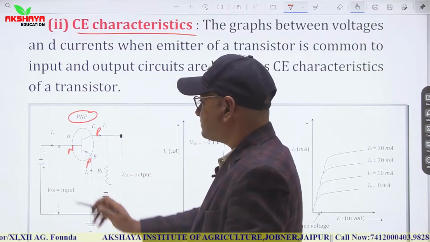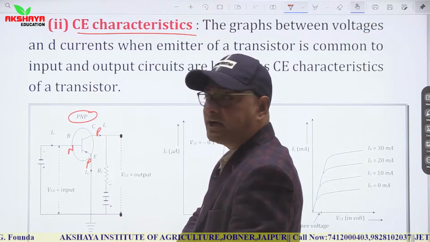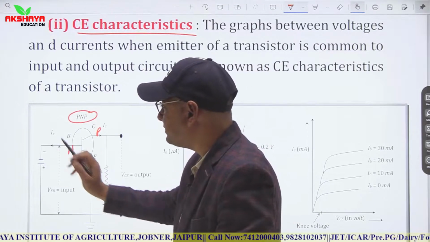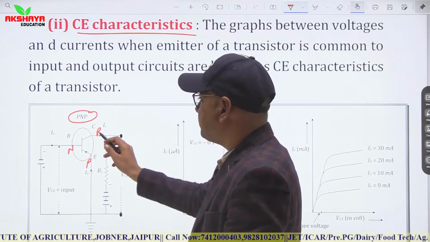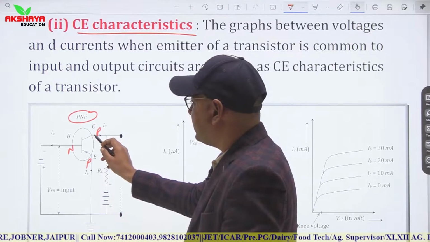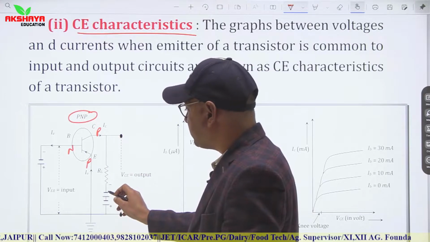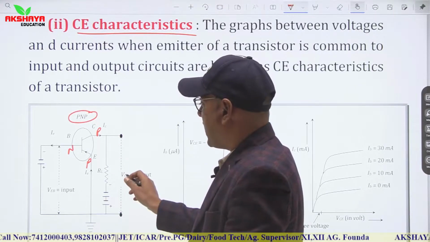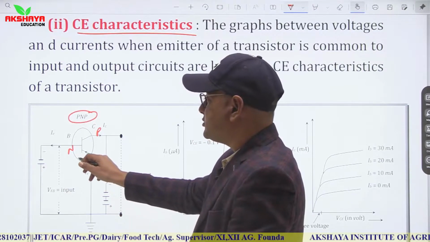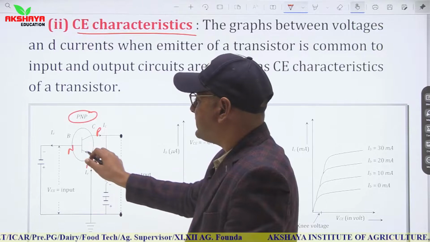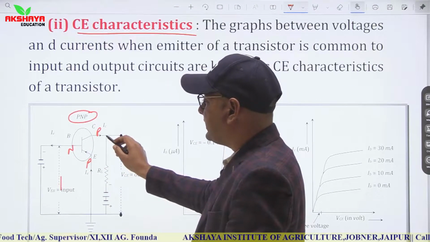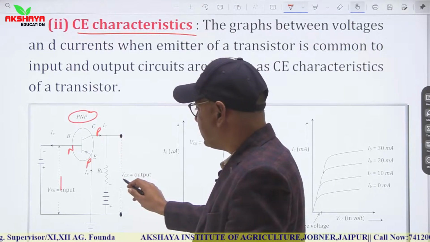Keep in mind, here base is N, so we have to connect it in forward bias. So N should be connected with negative terminal of cell. Similarly, here collector region is kept in reverse bias. So it is P, so P should be connected with negative terminal again. Output is obtained at load resistance, so load has been connected. Now in this situation again input is between base and emitter, so input voltage is VEB, while output is obtained between collector and emitter, so output voltage is VCE.